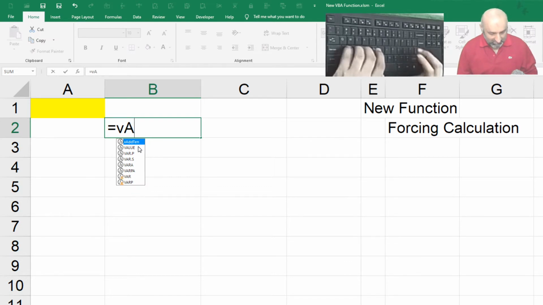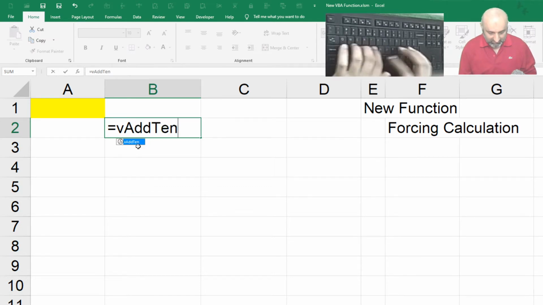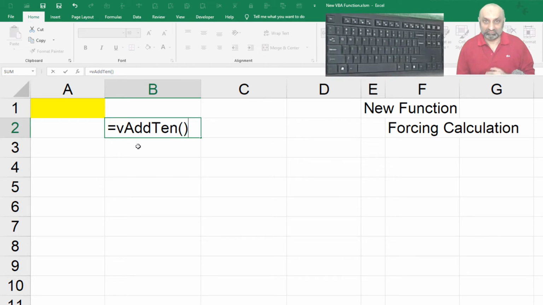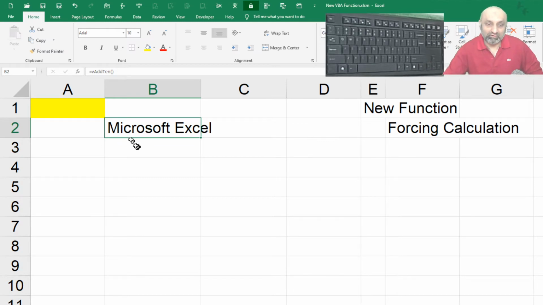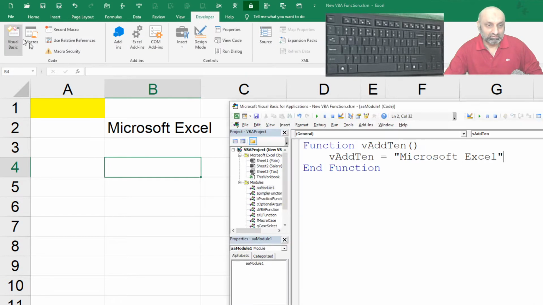So v add 10 without any arguments or parameters, enter. And here you can see Microsoft Excel appears because my function is equal to add 10.